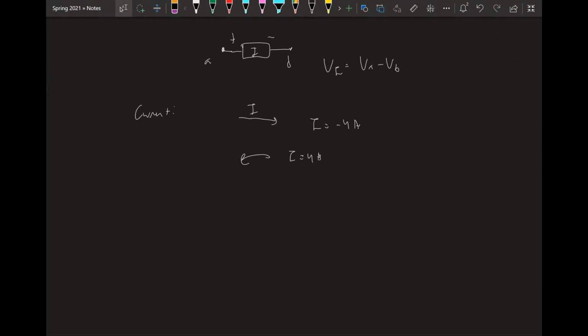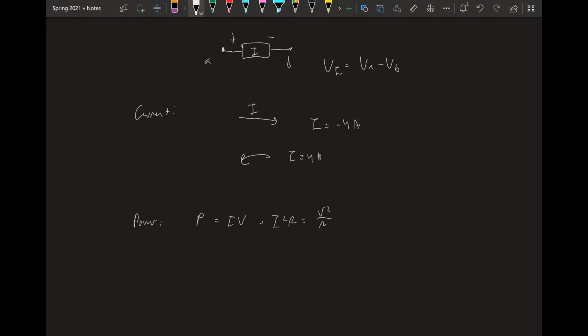And the third thing we talk about is power. Well, the third thing we care about is power. And power is defined as IV, and using Ohm's law, of course, you can get this equals I squared R or V squared over R. Power also has a relative thing to it, as everything does, but in power there's a very specific